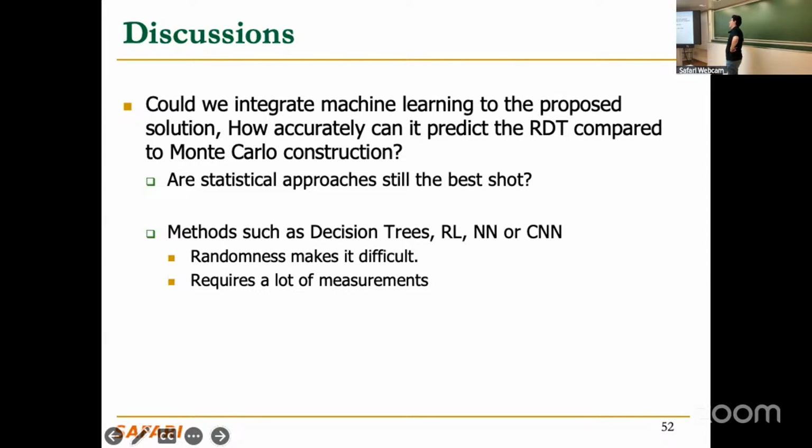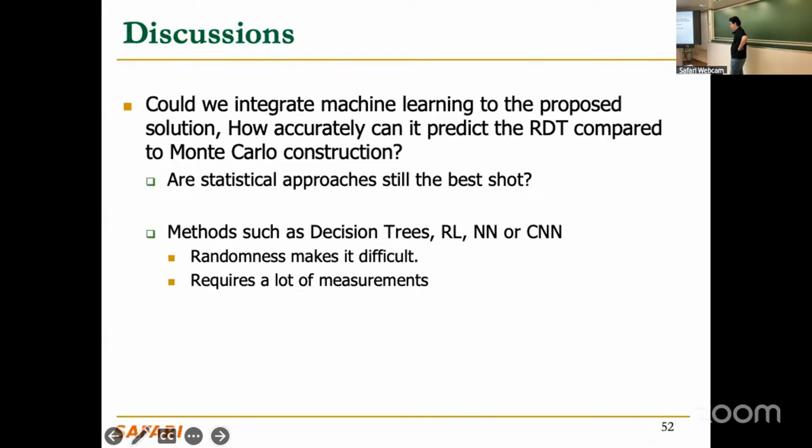What kind of methods can we use? Can we use decision trees from supervised learning, just to make decisions about whether this threshold will fail at this time or in this memory opening, closing? Or maybe implement methods such as reinforcement learning, which we saw in hybrid storage systems as well as prefetching solutions, or implement neural networks or convolutional neural networks, which can possibly catch some patterns that our statistical approaches are not enough to catch. But in this sense, the randomness makes it difficult, and in the case of decision trees,